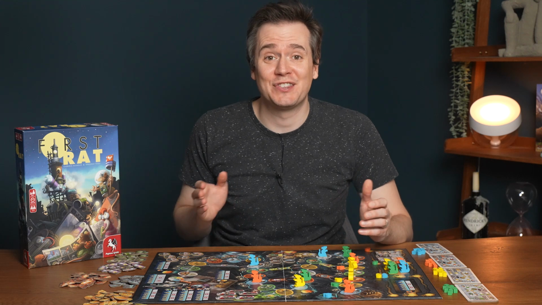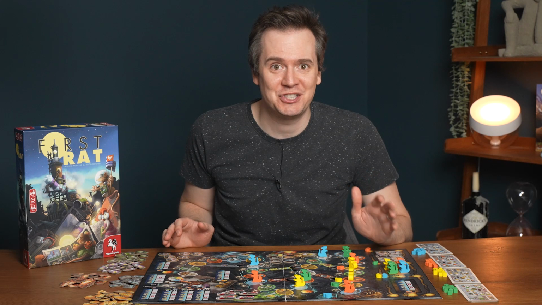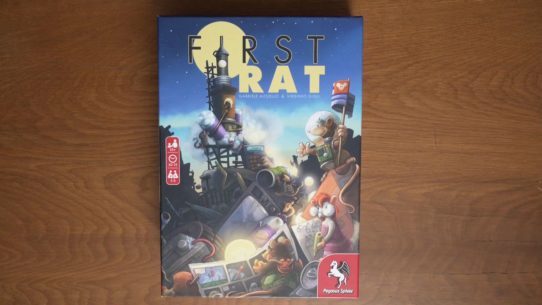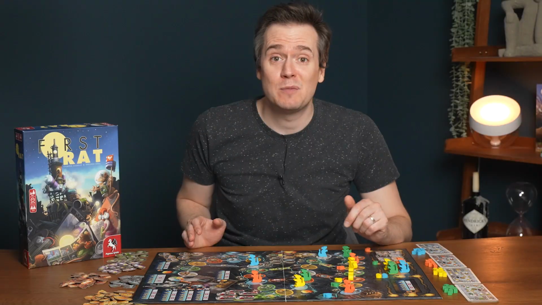For generations, the rats in the old junkyard have been telling each other the legend of the cheese moon. Now you must build a rocket to fly there and conquer it. In First Rat, you send your rats out to collect cheese and building materials, and the player that builds the